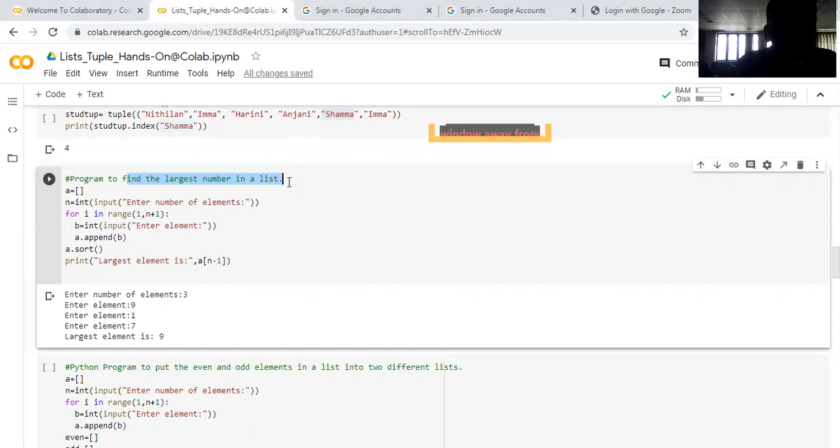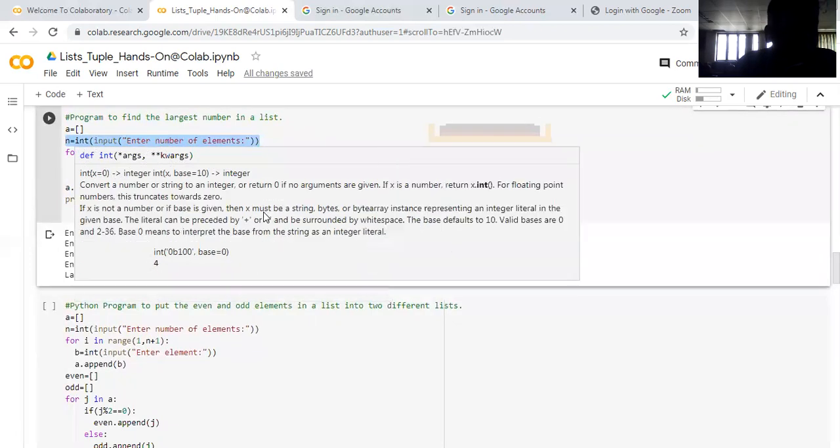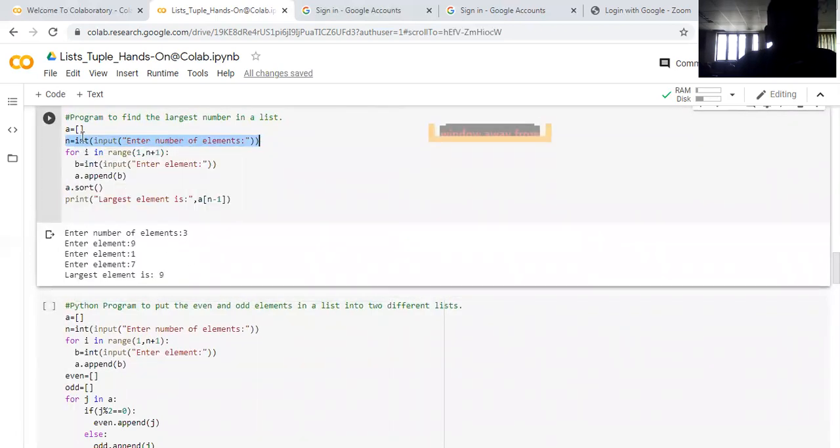A list is a changeable value; it contains a number of values which can be changed anytime. Whereas a tuple is an unchangeable value. So first you input the total number of elements. How many elements? You take it as 3. See the output here, it is 3. 3 comes under integer, that's why I have given it as int. If you don't give int, the syntax only takes character data. Understood?